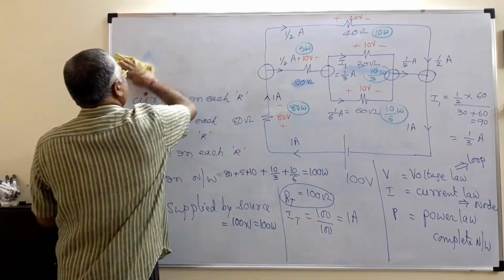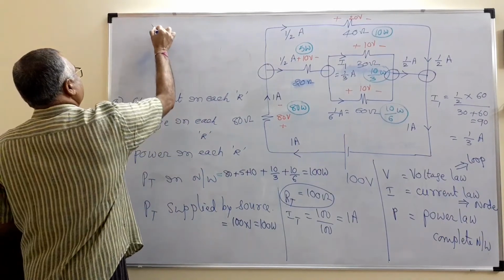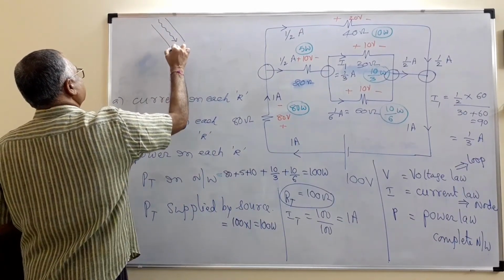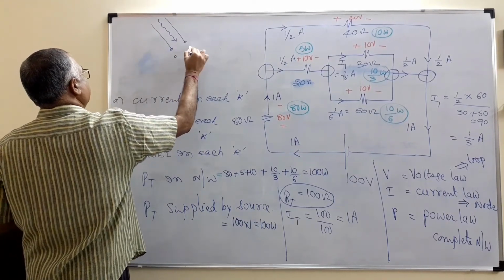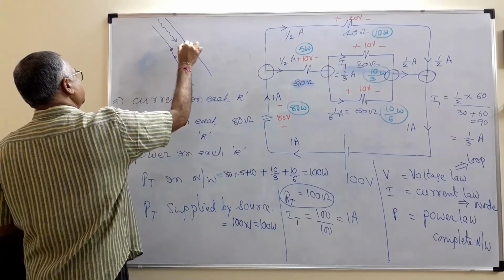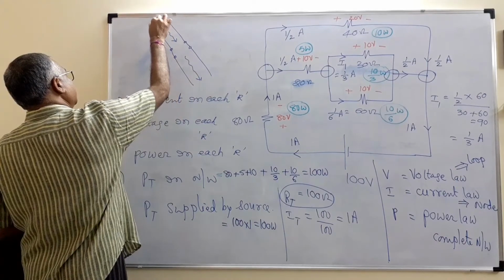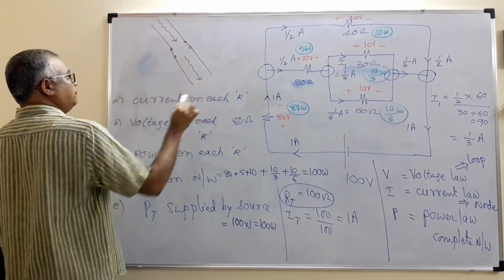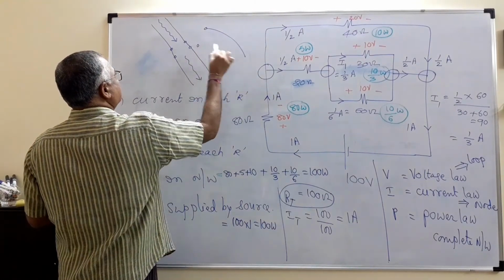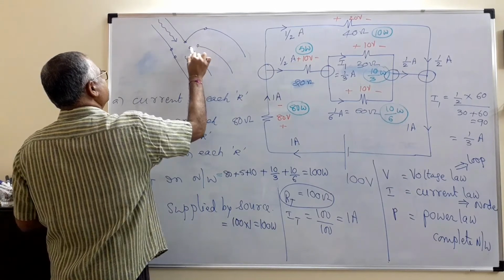Look at this simple current law concept. There is a pipeline. In this pipeline, water is coming. There is another pipe, so these two points are joined. How much water will flow in this pipe? The same water, whatever is coming, totally it will flow. Now imagine there is a third pipe, now connected like this.